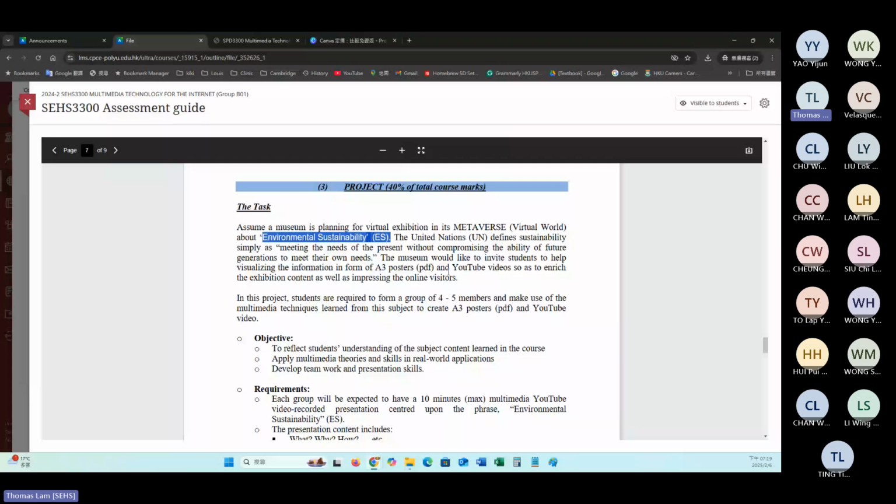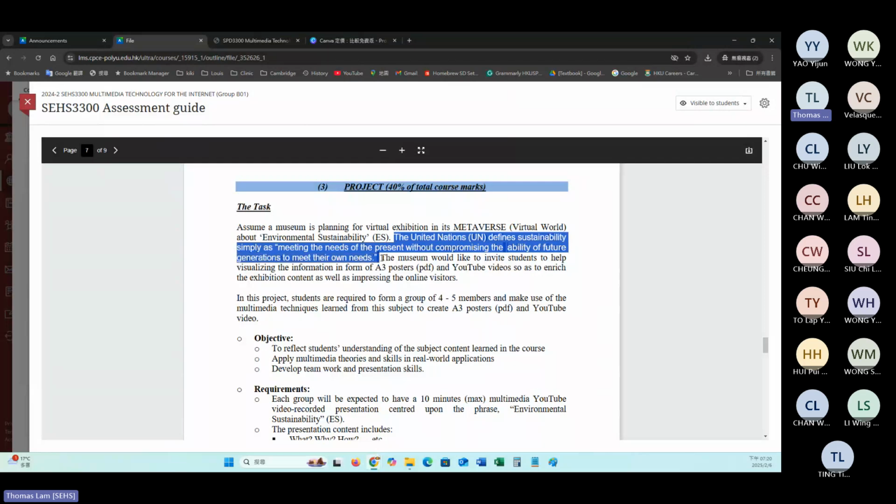And therefore, here is the scenario that you can think about. But before that, you have to form the group with your classmates. The minimum number of students should be four, and the maximum should be six. I hope you can find your own teammates. If not, I will form the group for you randomly.